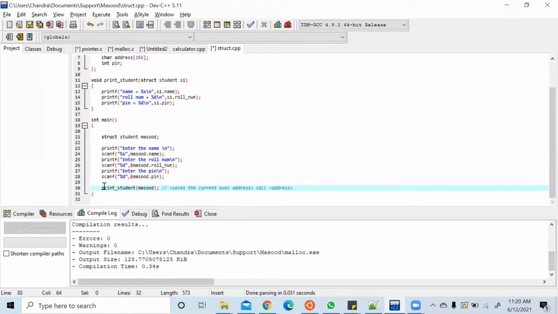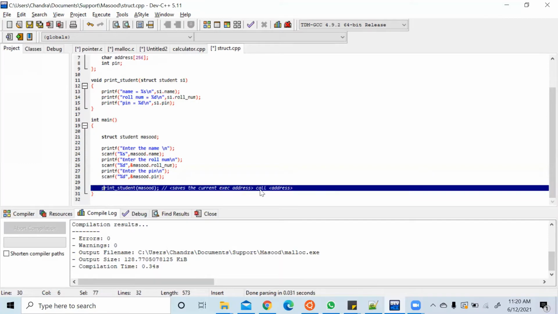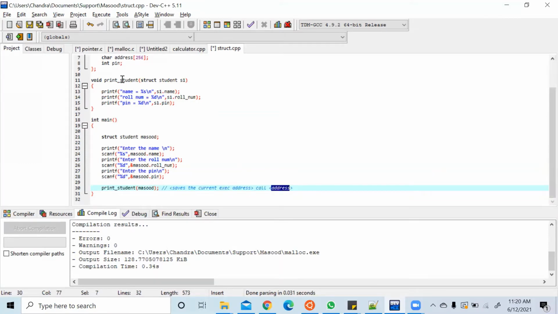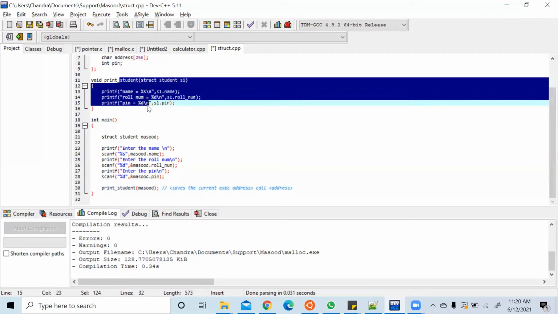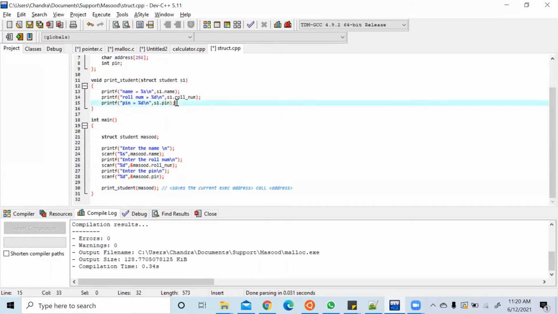It has to save where it is executing now, and then jump to the new address where this function is located. When it gets executed completely, it will come back to the next line, line number 31. It means it saves the current address and retrieves the next address. This is how functions get called.